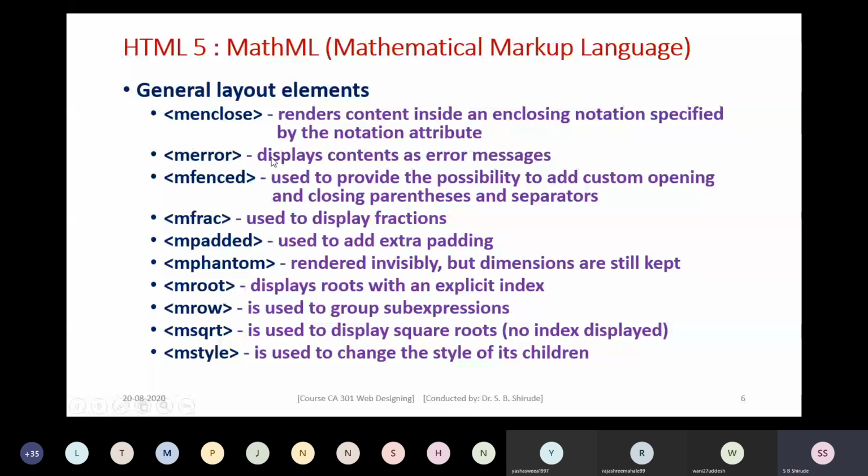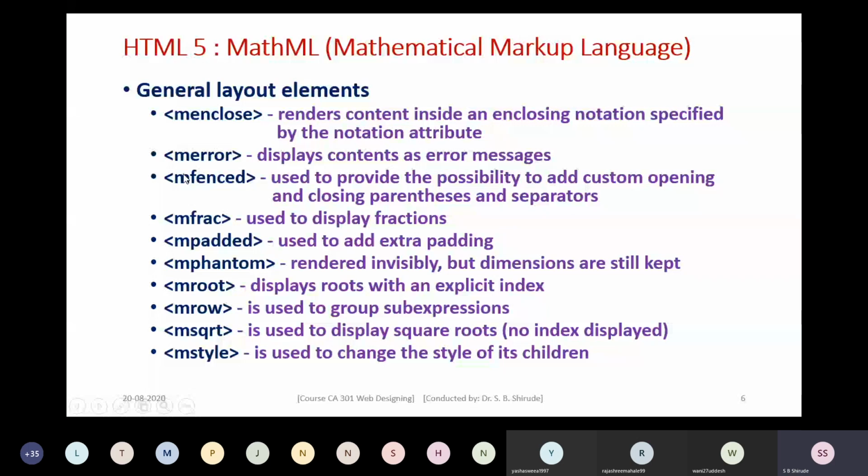Then next is mfenced. This mfenced is used to provide parentheses or separators. Like we have square brackets, round brackets, curly brackets, and separators such as colon, semicolon, commas. Whenever you want to specify all these things, you can specify them by using the mfenced element.